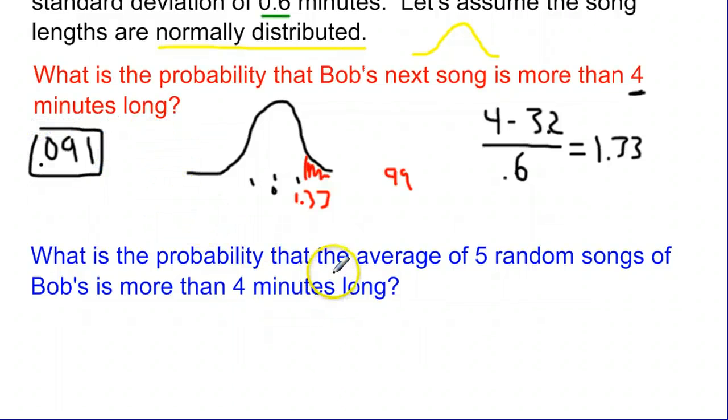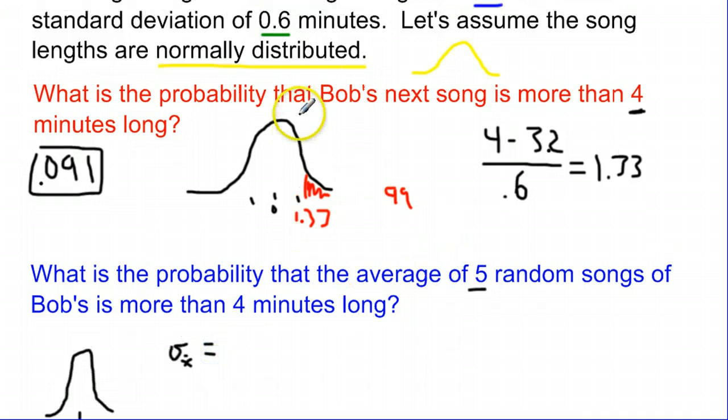Next question says, what is the probability that the average of 5 random songs of Bob's is more than 4 minutes long? Now there's only one thing that changes here. We have a normal distribution, but we're taking an average of 5, and the distribution of averages of size 5 is also going to be normally distributed, but it's going to be a narrower curve. And how do we find the standard deviation of this sample average? What we would do is take our original standard deviation, our 0.6, and divide it by the square root of 5, because that is our sample size right here, 5. And when we do that, we get